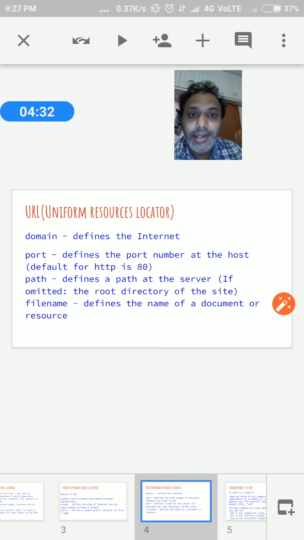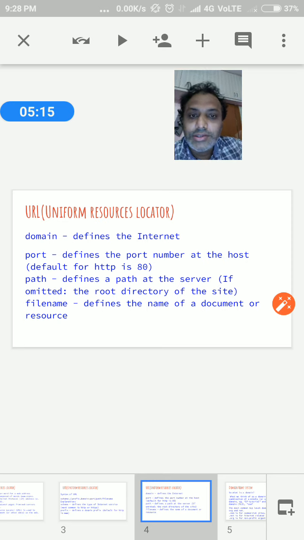Suppose there is a company like godaddy.com, and I want to register some domain. First you send a request to that particular company and find out whether the domain is available or not. If it is available, I will pay for the particular domain name and get an IP address. That IP address is your domain.